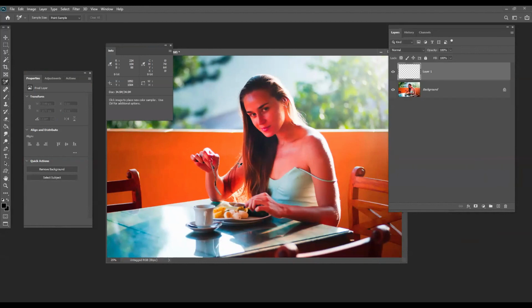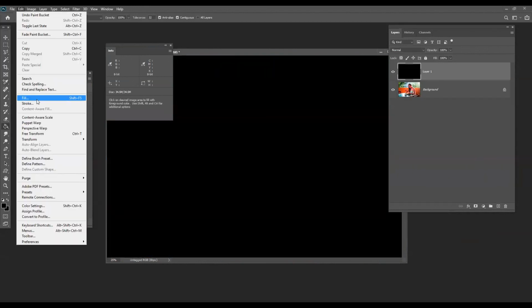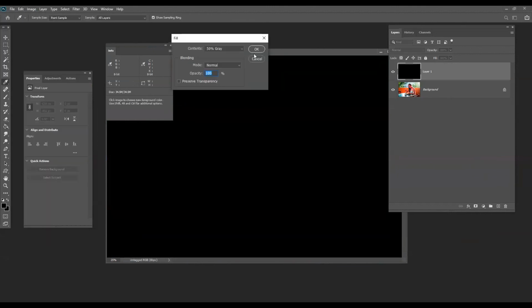Take a blank layer, put any solid color, black, gray or white. Change it to 50% gray. Go to threshold.